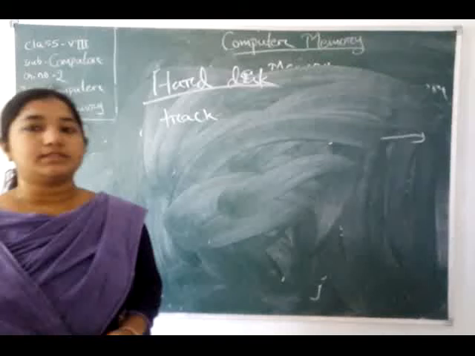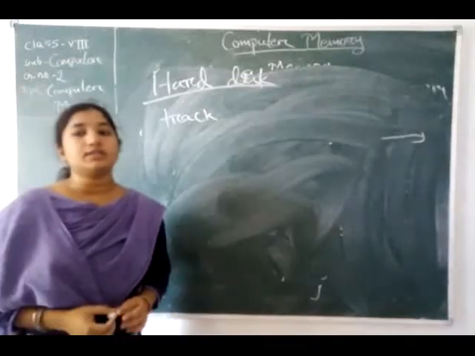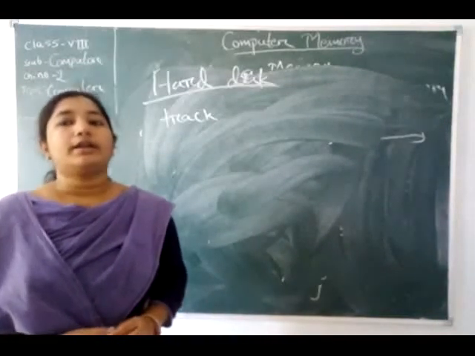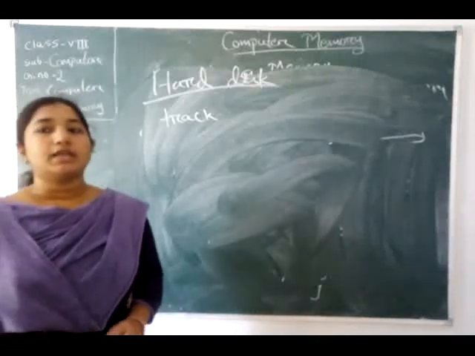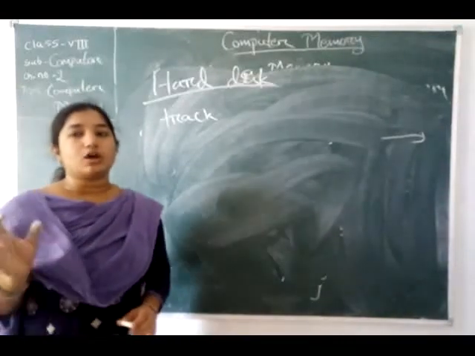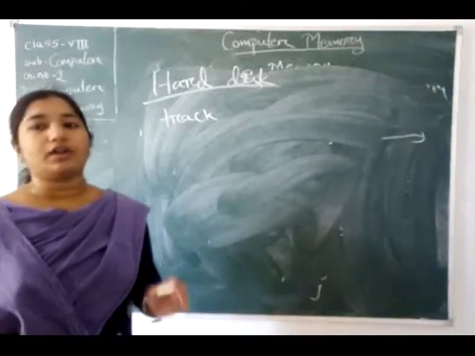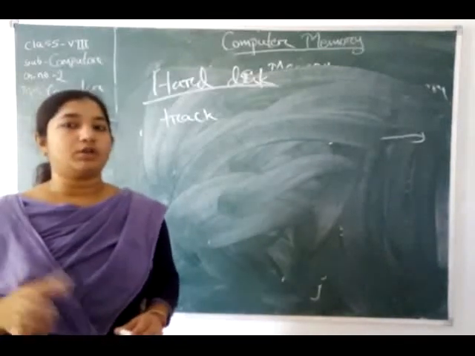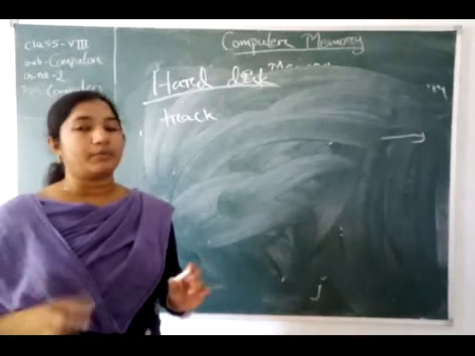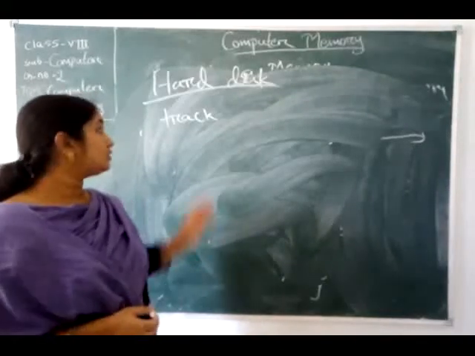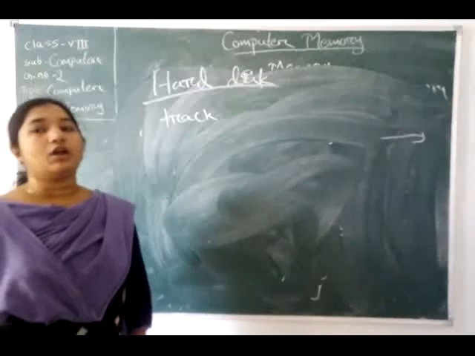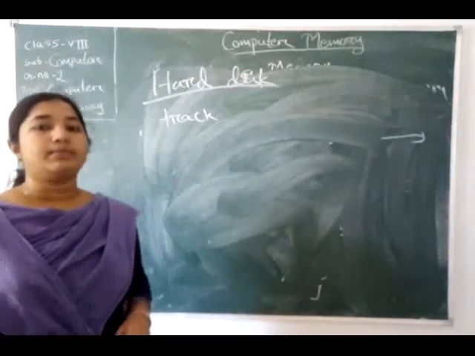Each circular division of this surface is known as a track. A vertical or horizontal division of a disk surface is called a sector, also known as a block. So track, sector and block are all things inside the hard disk, and we can store all the documents and all the information in the hard disk, and it will not be erased by itself.